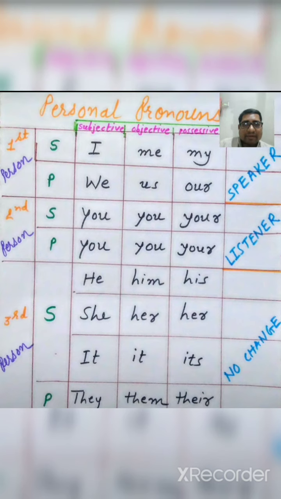Whatever I wanted to explain, I did it here. So don't forget this small table. This is small, but very important to you, because that will be very important for all the tenses as well as upcoming chapters like active and passive voice. And this speaker, listener, and no change formula will be totally helpful to you in upcoming chapters like direct and indirect speech. So please, these are very important for all the chapters. This basic concept should be clear. So kindly learn it and go through this all. Thank you everyone. Thank you.